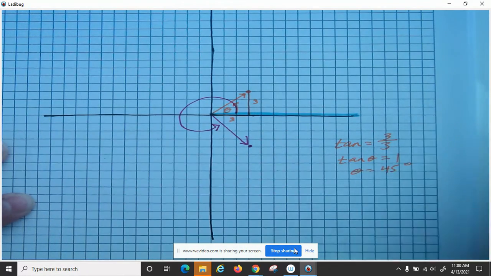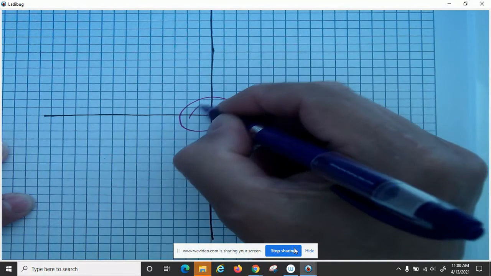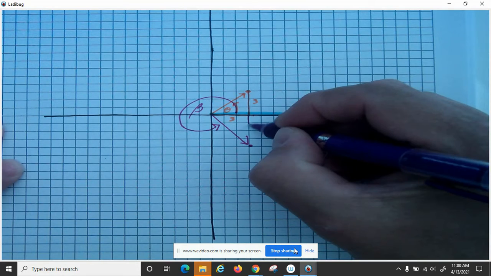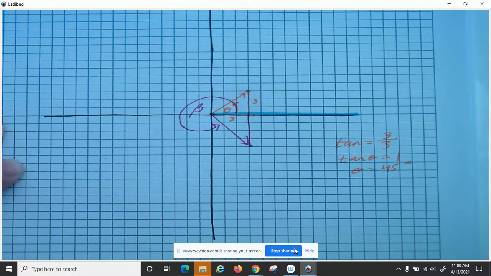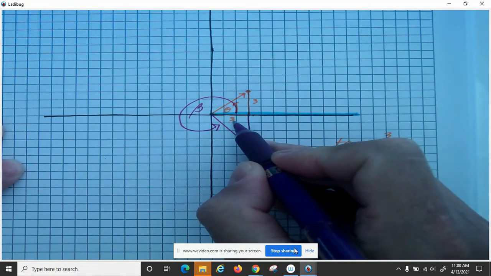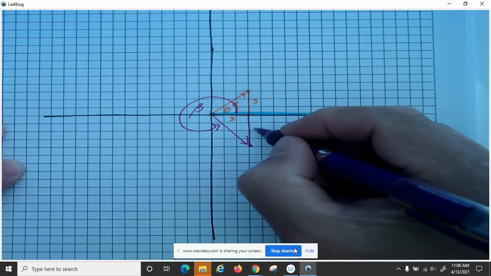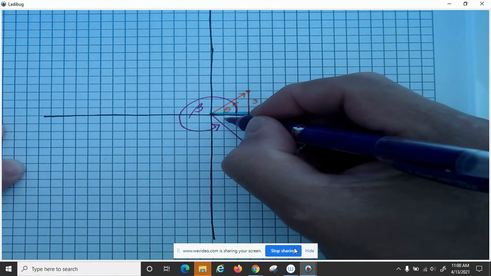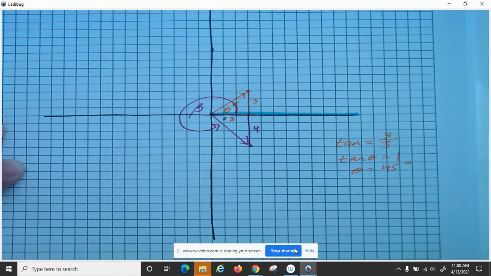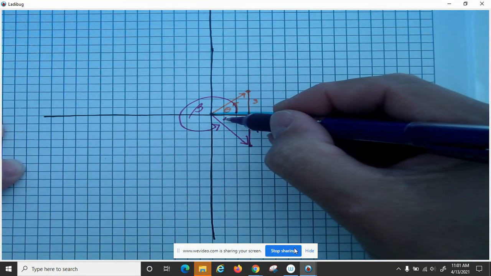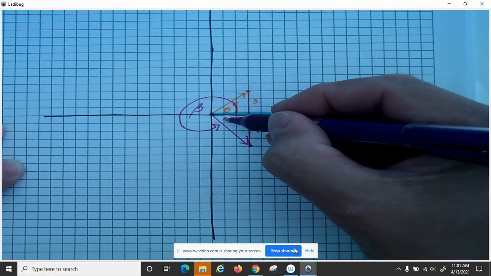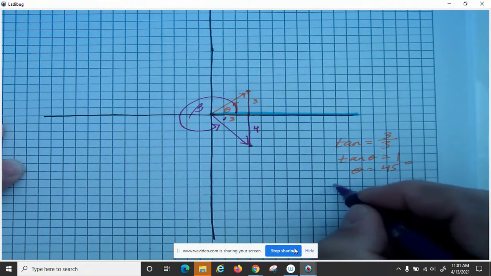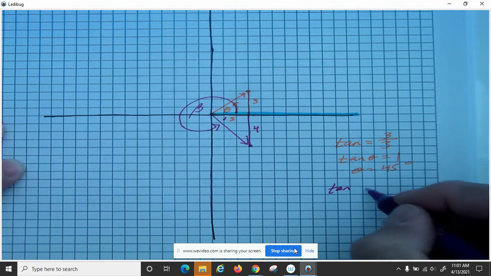All right, we'll call this angle beta. Again, if I create a right triangle out of the terminal point and the positive part of the x-axis, I know the length of this side is 3, and the length of this side is going to be 4. Again, I can only find this angle right here for right now. This is the reference angle, and I'm going to use tangent, opposite over adjacent. So tangent of that angle, let's call that alpha,